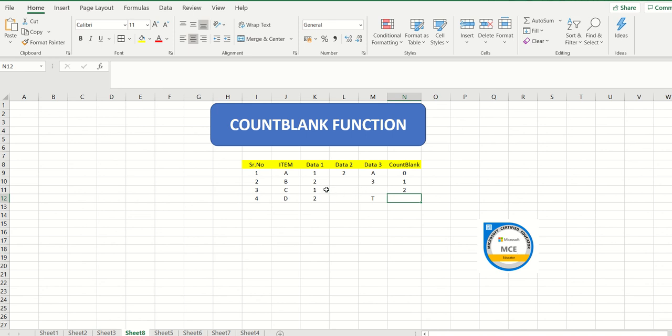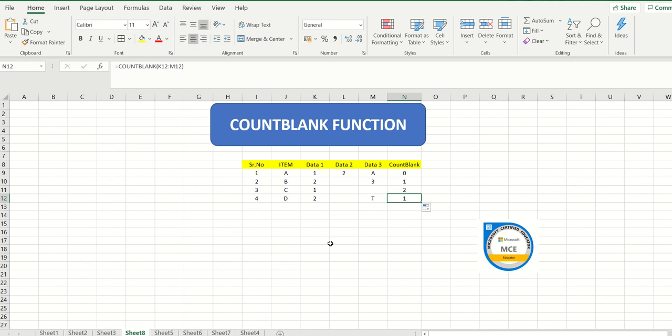Okay, alright, one minute, let me see. I have to start from this till this. Okay, alright, so let me do from here. I can do it. Okay, so this is how it is. So here it is saying how many blank entries are there? It is 2 blank entries over here. Here how many do I have? Only one blank entry. So the COUNTBLANK function is used in order to calculate how many blank entries you have in your given data set.